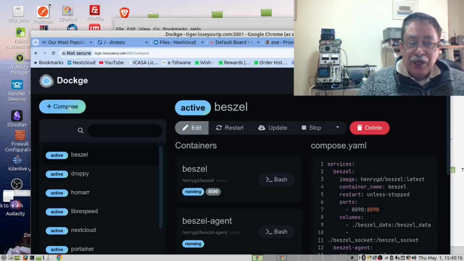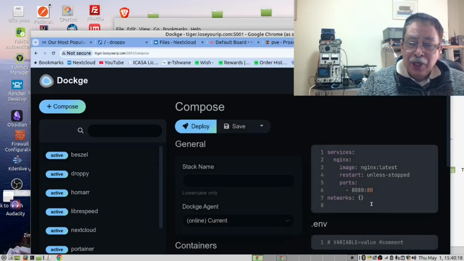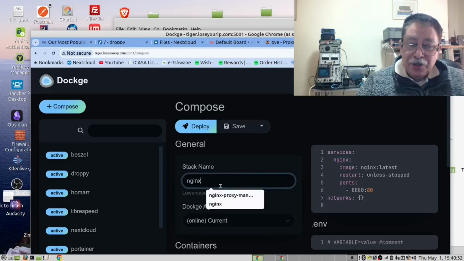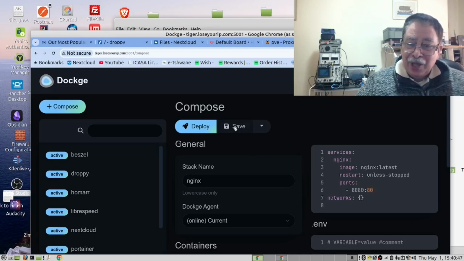If I click on the Compose button, I can paste my Docker Compose file content here and give it a name. So this is the stack name that I provide. And when I click Save, it will validate your Docker Compose file's YAML format. And it will look for errors in the file as well.